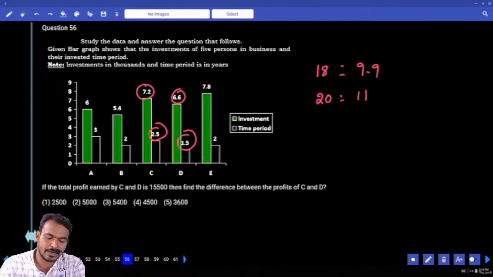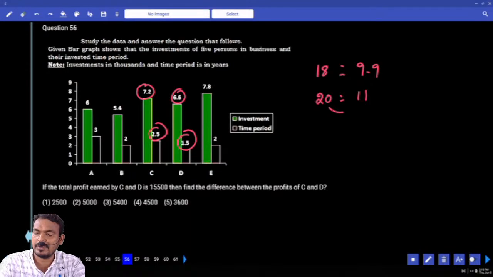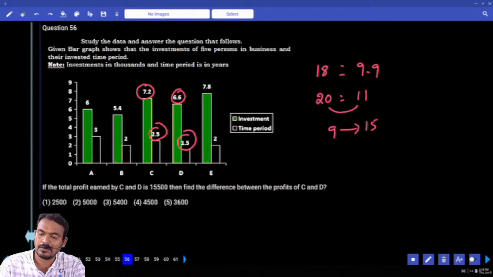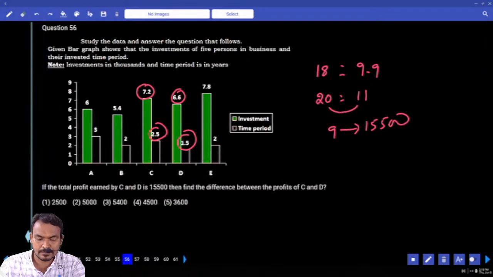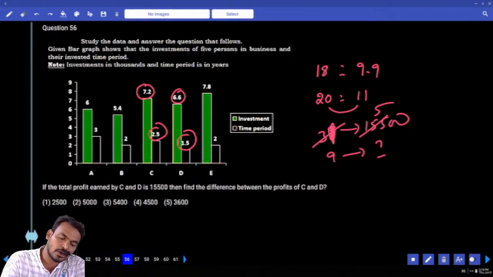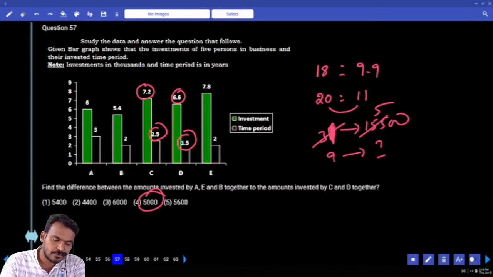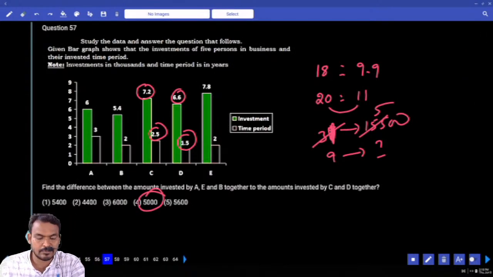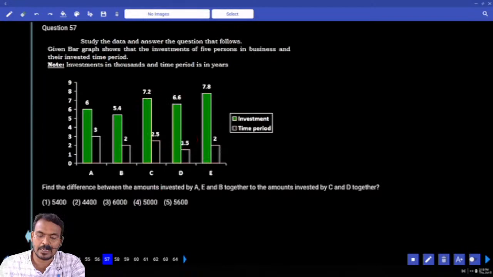One will be 20 parts, another one 11 parts. Difference is how many parts? 9 parts. Or the 9 parts value, 15,500. We know the total profit. Total how many parts? 31 parts. But we require 9 parts. 31 how many times? 5 times. 9 into 5. 4,500. 57. Find the difference between amounts invested by A, E, B together and the amounts invested by C and